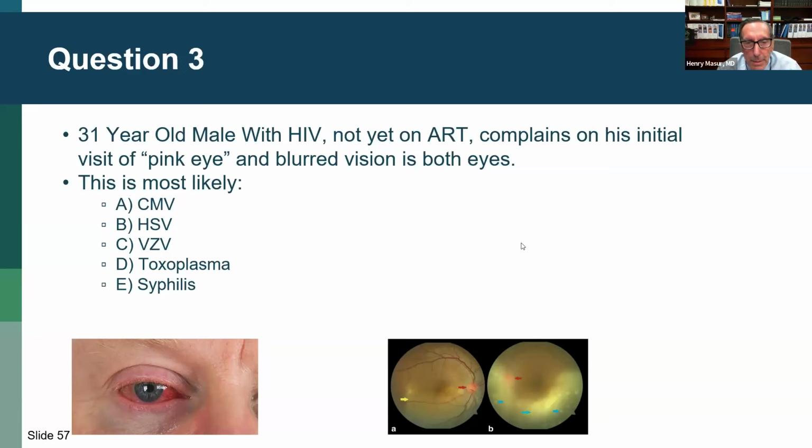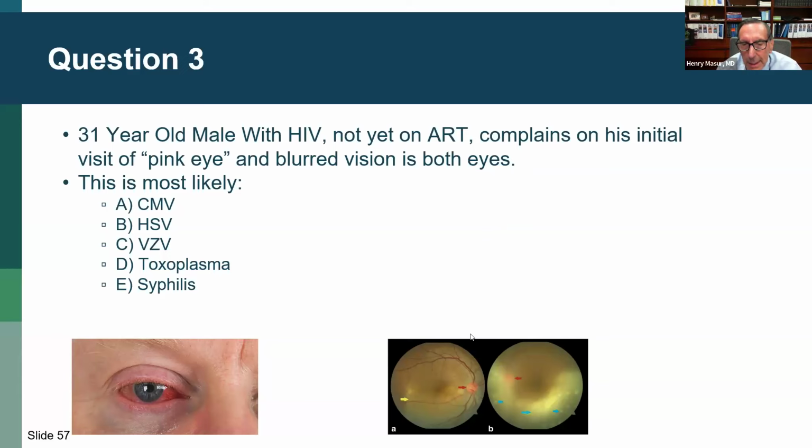I'll be impressed if everybody gets this one right, because Judy Courier said I should put this in to trick you. Let's see. Oh, good. So 27% of you were not tricked by Judy Courier. 56% of you were. So one of the issues is if you look at the fundoscopic picture here, this is